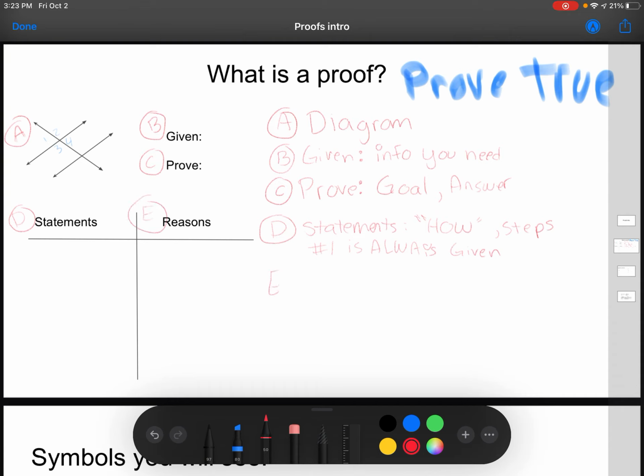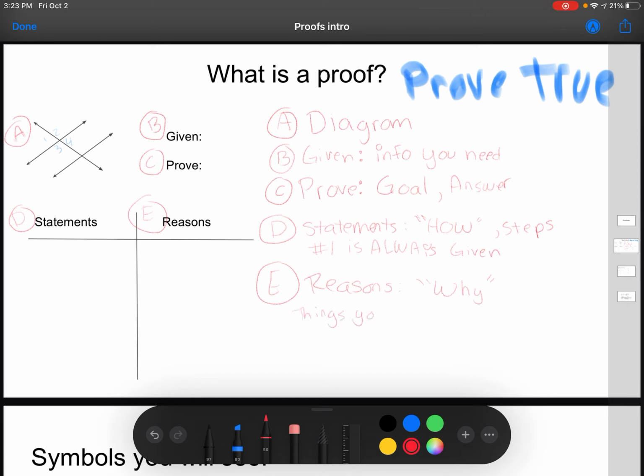The last section here is the reason section. The reasons are the whys. Why did you add 4? Why is angle 3 40 degrees? You're listing why you did what you did. So, things you can